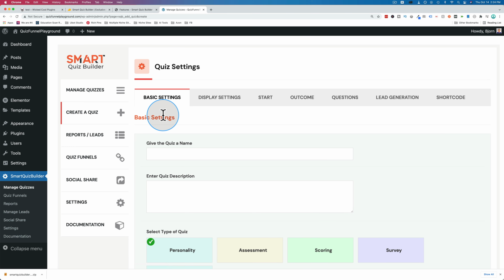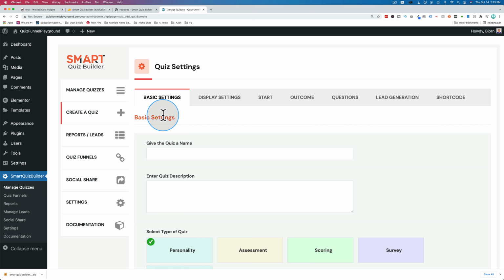And just to back up and take a big picture view, once you're building out a quiz using a plugin like this, you have done a lot of homework already. You figured out who your ideal prospect is. You figured out the type of quiz that's going to get their attention. You figured out the quiz questions you want to ask them and the order in which you want to ask them. You figured out how many questions you want to ask. You figured out what to offer them after they've answered all those